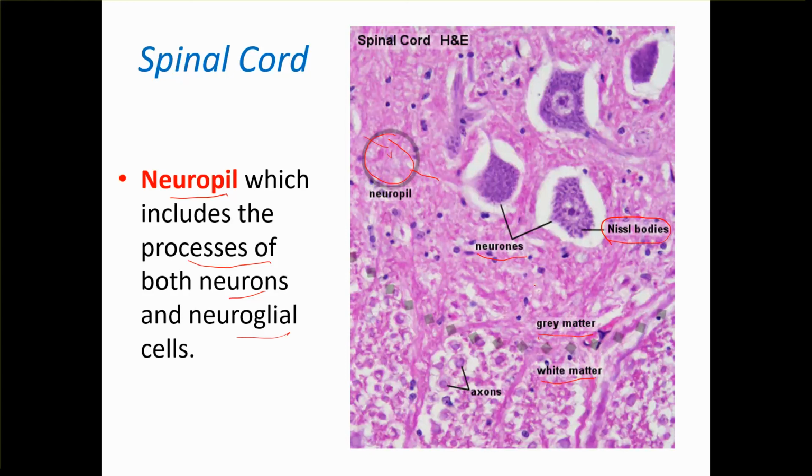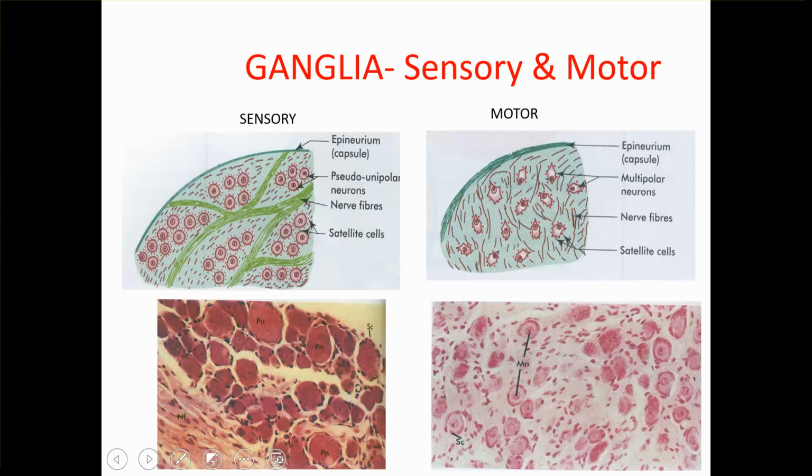The H, which has a collection of cell bodies, is the gray matter, which we have already told. And in the white matter, you will not see any cell bodies. Only axons are seen. These are the axons. Then the difference between